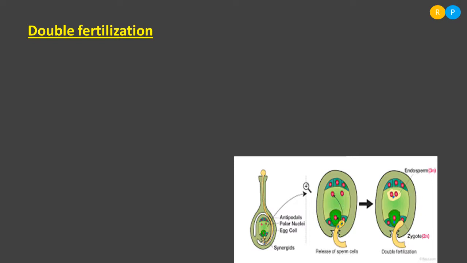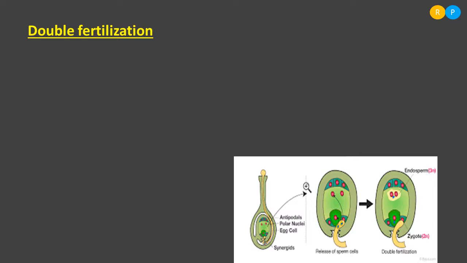And the remaining 3 cells are present towards the micropylar end of the ovule. You can notice in the diagram, towards the downward region of the female gametophyte, you can see a small opening. Through that opening, the pollen tube enters into the female gametophyte. That end is the micropylar end. Clear? So towards the micropylar end, what are the 3 cells present in the female gametophyte? Those 3 cells are named the egg apparatus.